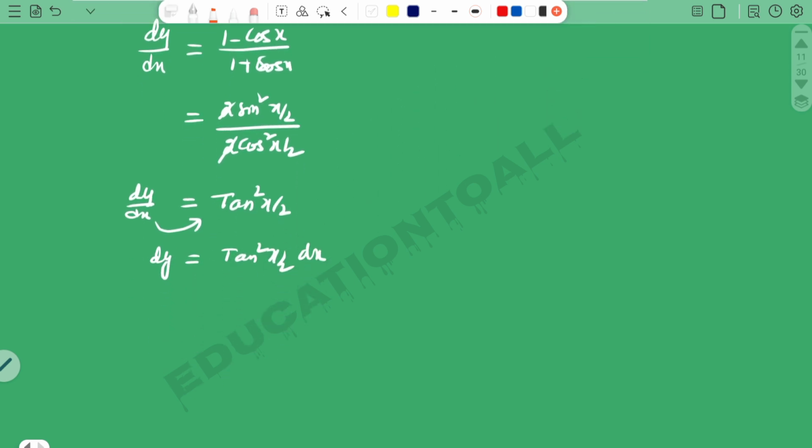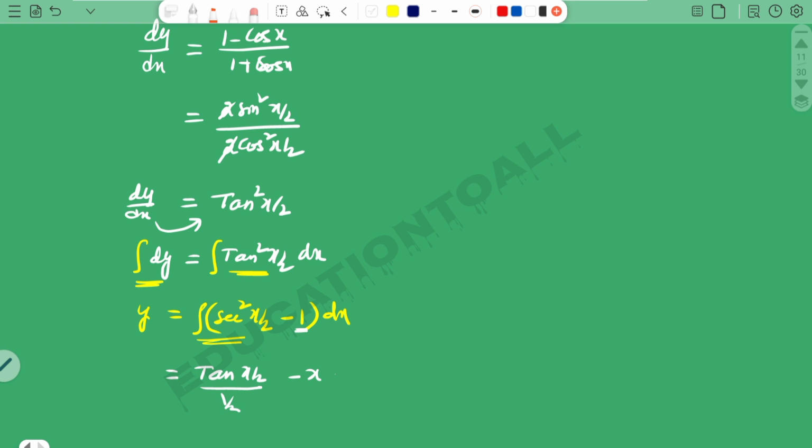Now the variables are separated, so apply integration on both sides. By applying integration, integral dy gives y, which is equal to integral tan square x by 2 dx. For integration of tan square there is no direct formula, so change tan square in terms of secant square. So integral of secant square x by 2 minus 1 into dx. The integral of secant square x is tan x, so writing tan x by 2, and the coefficient of x is 1 by 2, so writing 1 by 2, and the integral of 1 we write as x, and the constant we write as plus